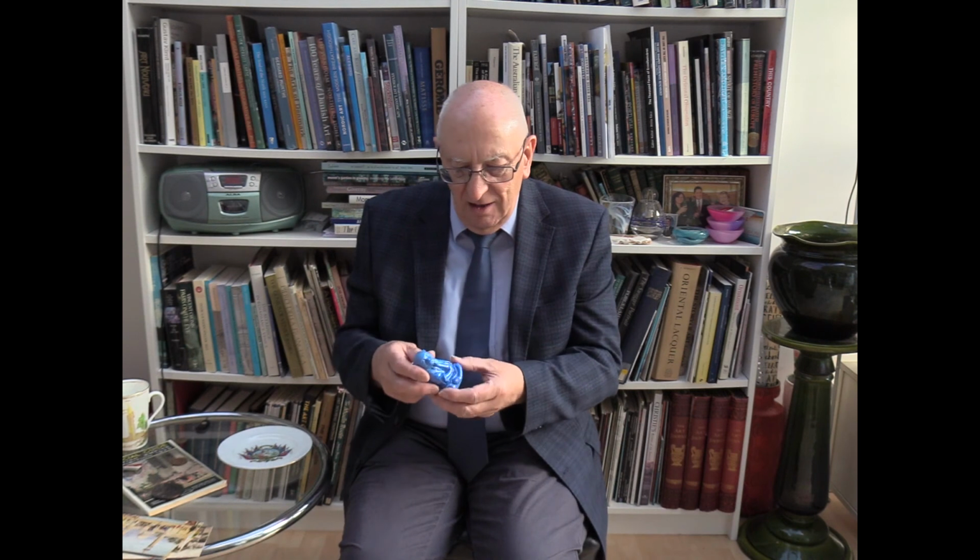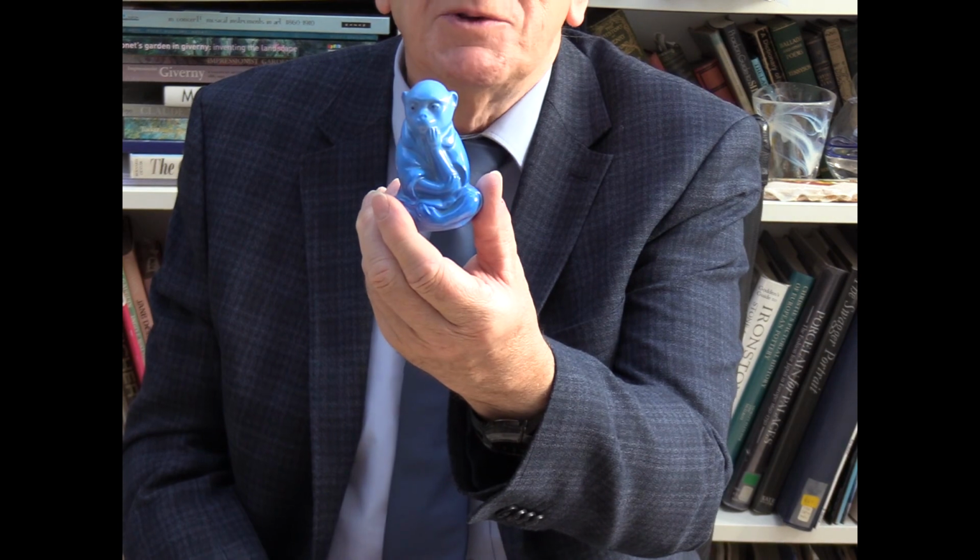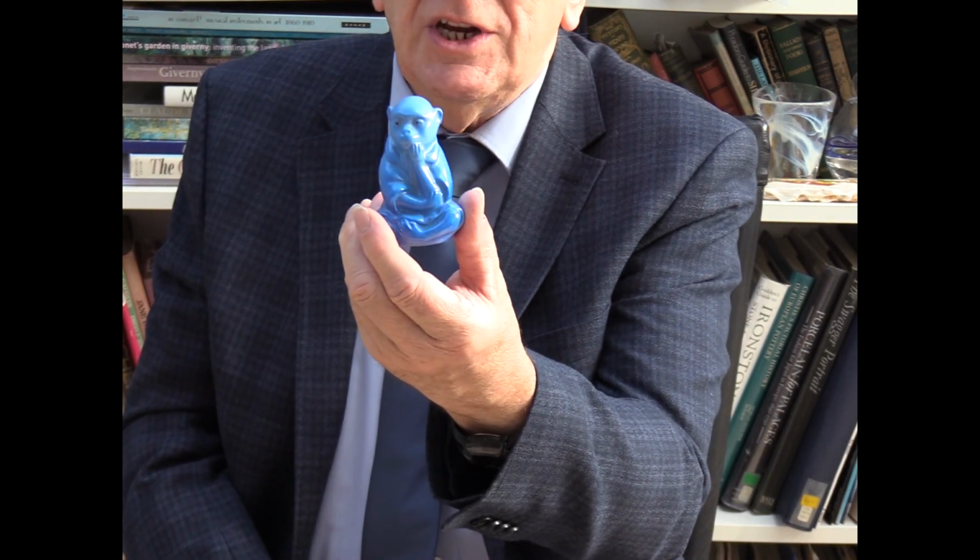You could buy almost cannonball shaped brass tea caddies put out by Lipton's, the tea company. There are all sorts of things you could buy, and many of them really costing very little. And I'll show you this wonderful little thing that I bought recently. This little monkey figure was also produced for the British Empire exhibition. Something just simple and probably quite cheap at the time to buy, to remind you of what I hope has been a wonderful visit today, but also a wonderful visit for the people who actually went to the exhibition